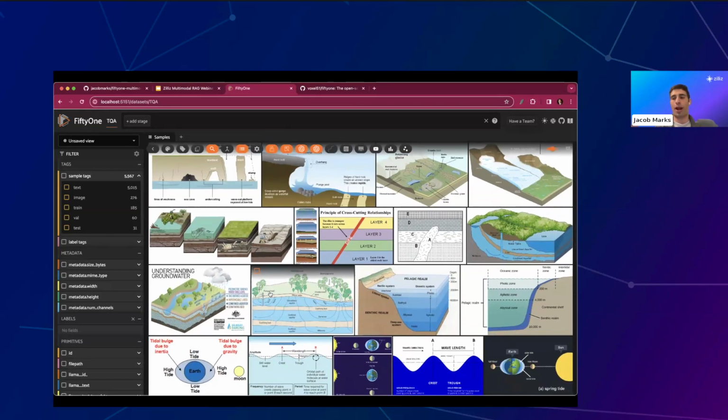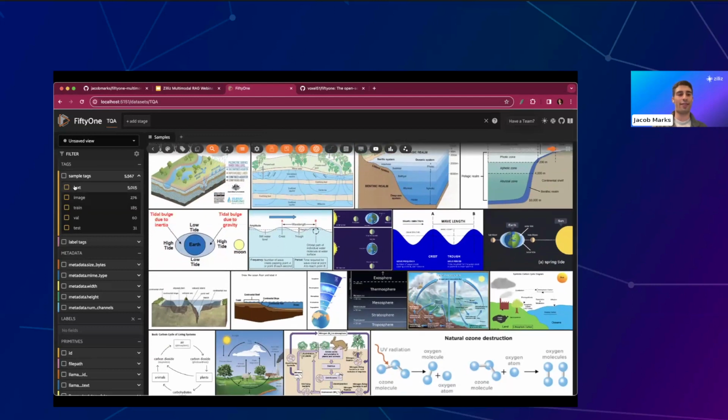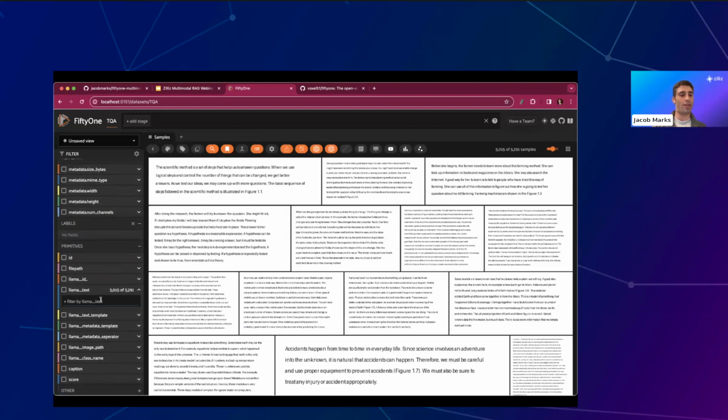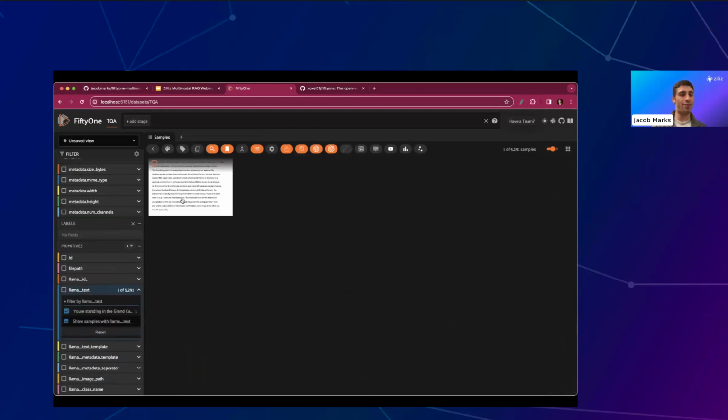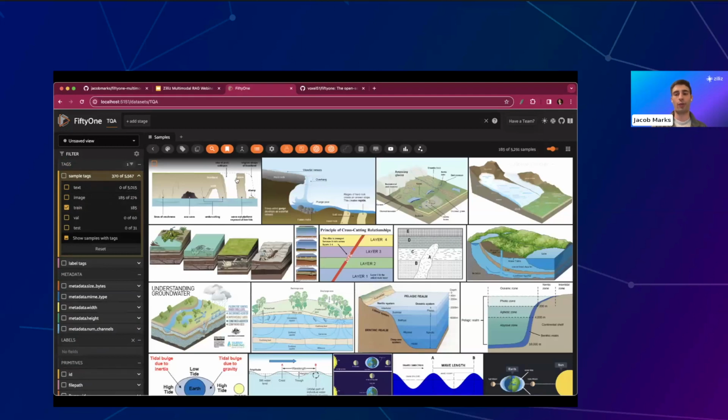Prior to this webinar, I have loaded in all the data for this, and I'm going to show you an example of actually building the multimodal RAG index from scratch in a second. So images and all of these texts. For the texts, we can actually see the text itself over here and filter by the text. So I can see this particular text if I wanted to. I can filter also for certain things, if I wanted just the training split, I could get that as well.